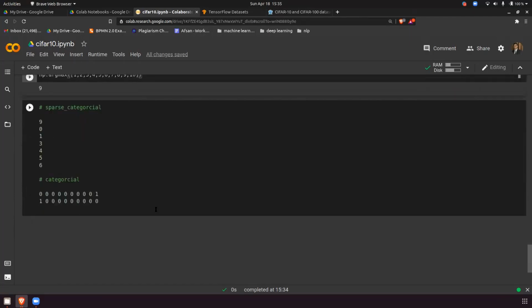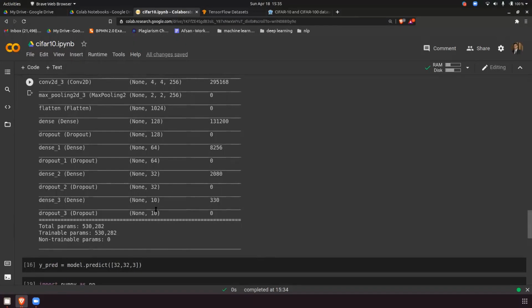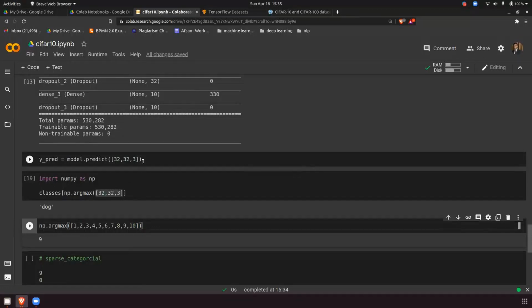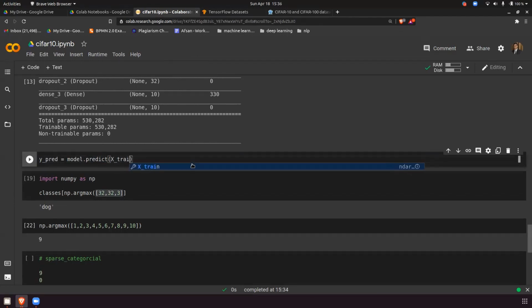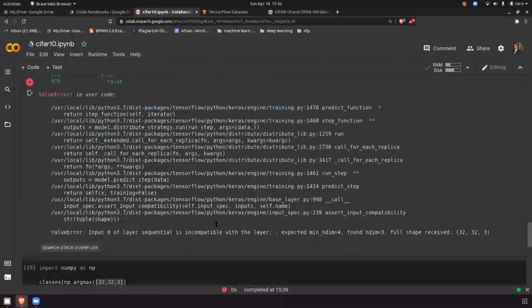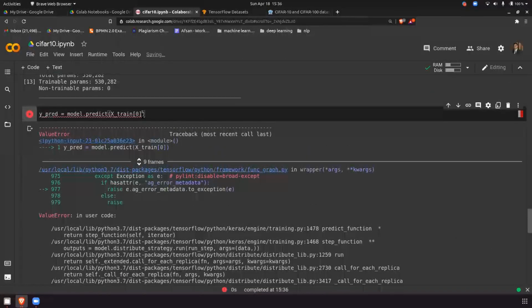So this is how you do the prediction. The prediction is clear to everyone. If you want to do a prediction on a single image, take that image and pass it here. That's it. Suppose I do x_train of 0 and run this, okay, the dimension 4 it accepted. So what you have to do is dot reshape 1 comma 32 32 3.